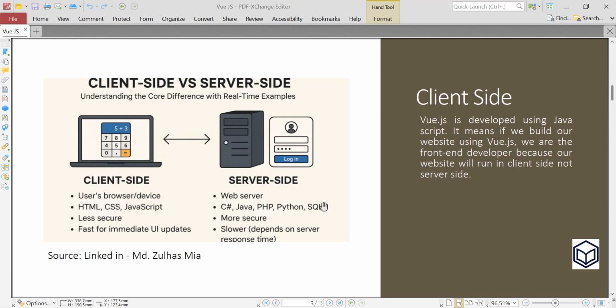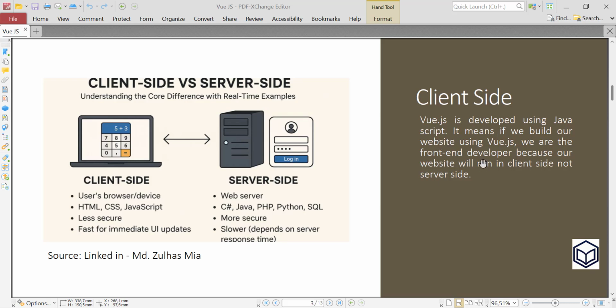In this slide, I want to explain client side versus server side, and whether Vue.js runs on the client side or the server side.